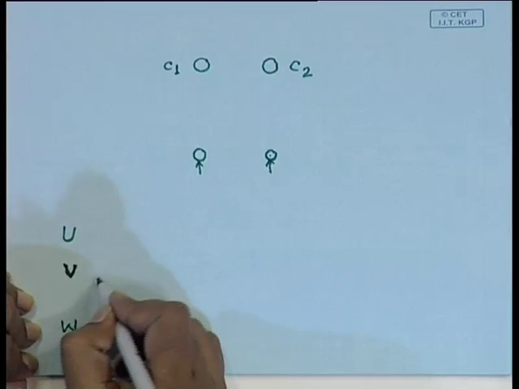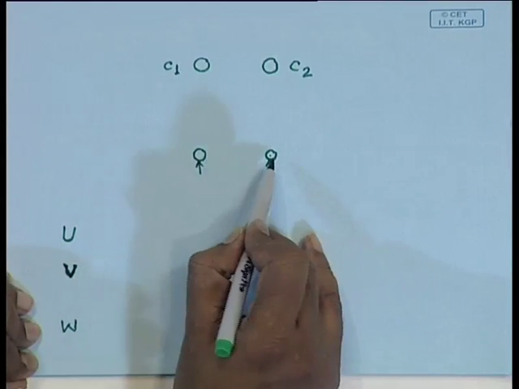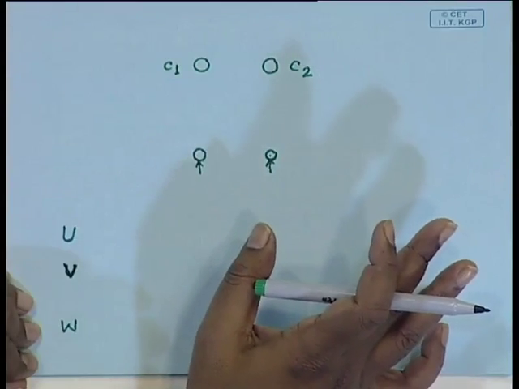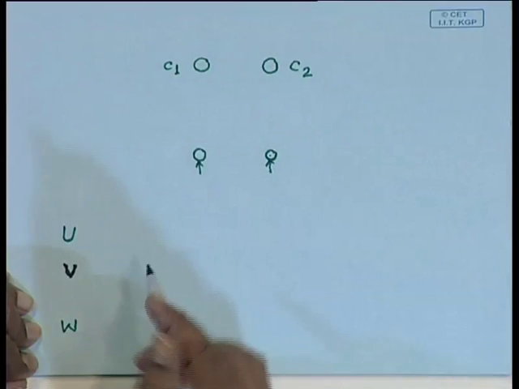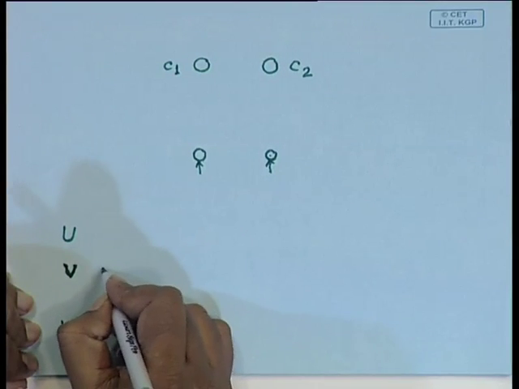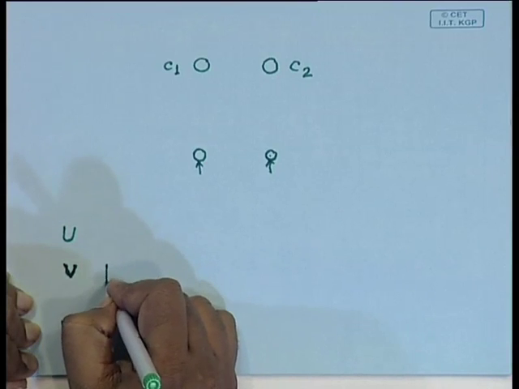So, if I use this convention that for every node in the input layer I will have one row in matrix U and one row in matrix W. Okay. So, this matrix V and matrix W. Matrix V will have two rows